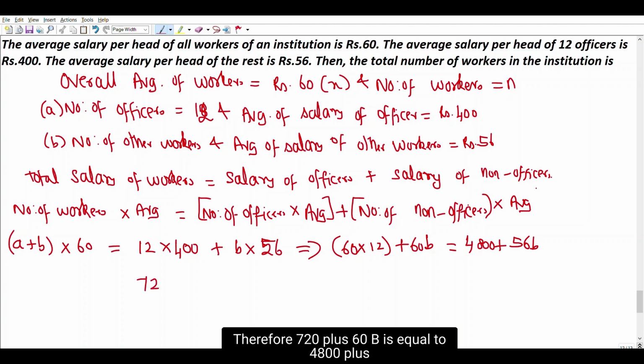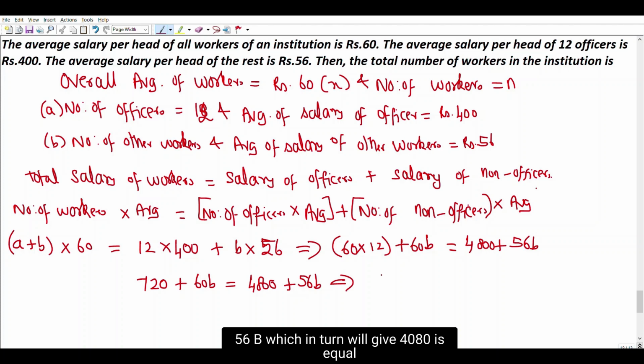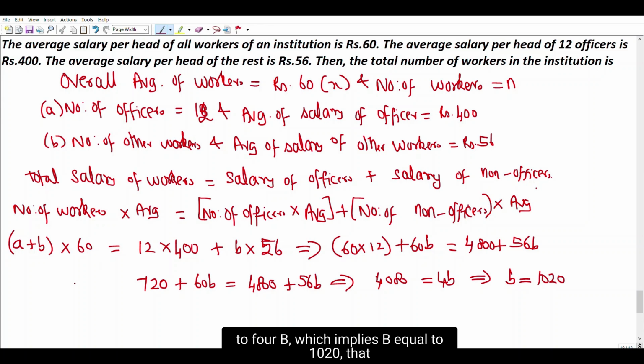Therefore, 720 plus 60B is equal to 4800 plus 56B, which in turn will give 4080 is equal to 4B, which implies B equals 1020. That is, number of non-officers